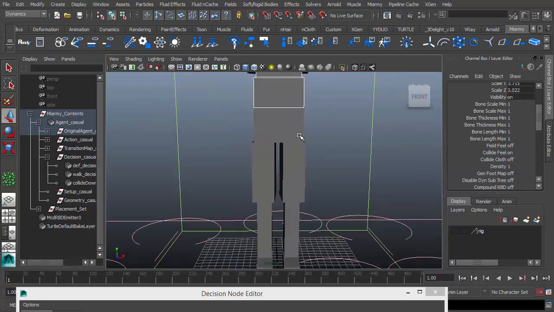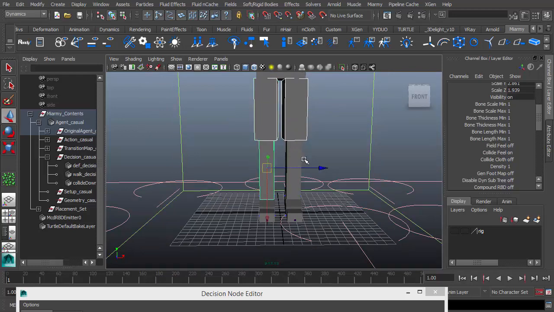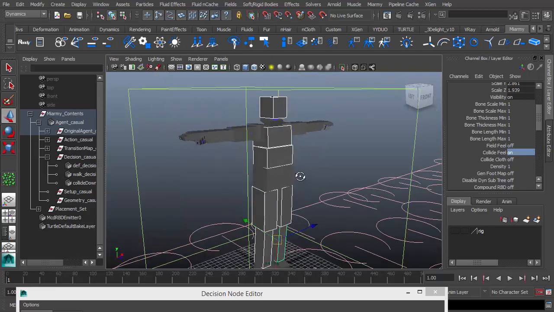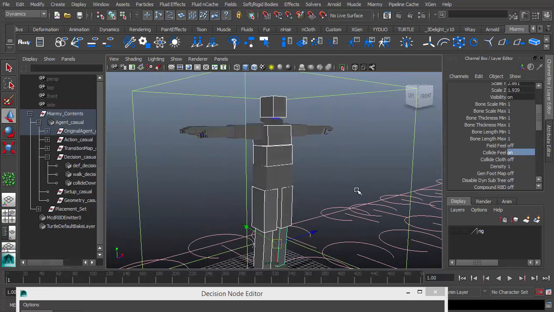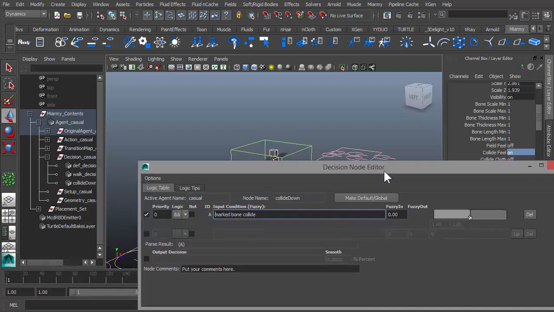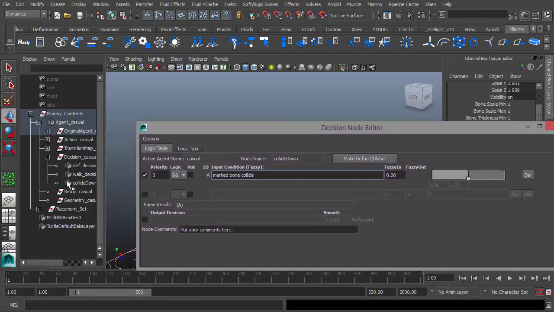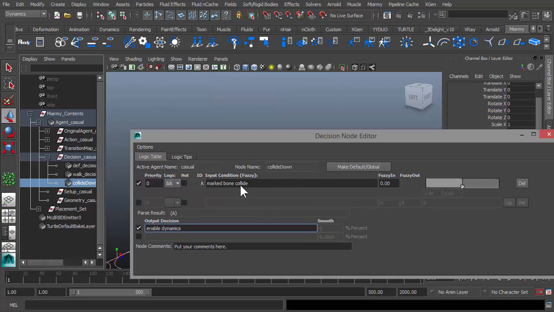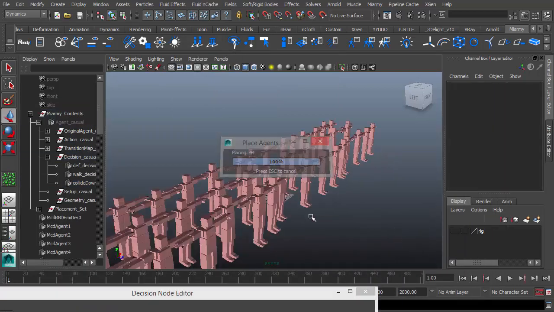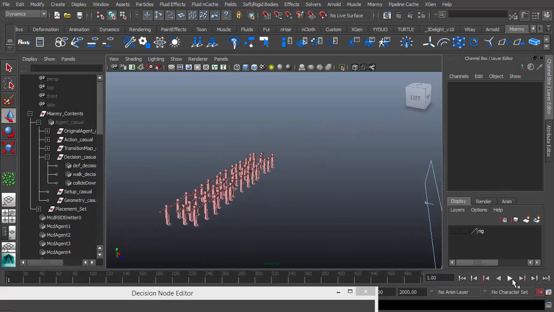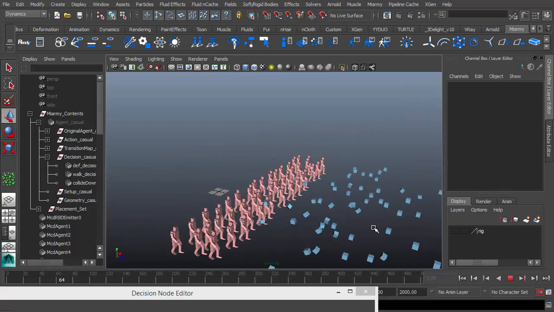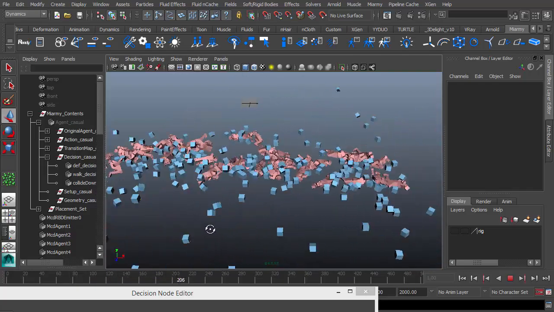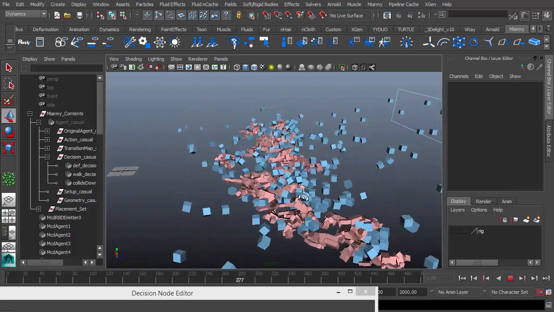Shift click, and here, let's just make that collide field on. So at this time, these bones will check the collision with our RBD emitter and interact with our agents. When the marked bone collides, let's enable dynamics. Enable dynamics. Let's run the simulation and see what will happen. You can see that our agent is hit down by the rigid body dynamics. This simulates the rock,